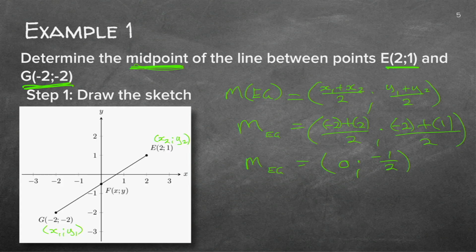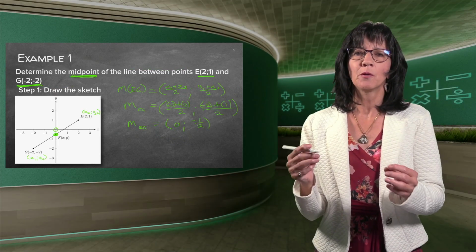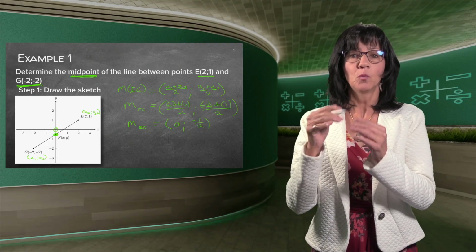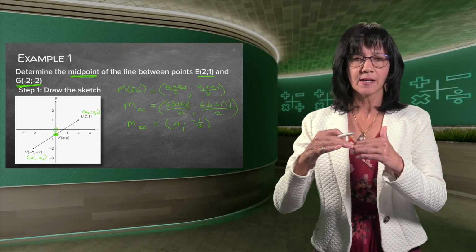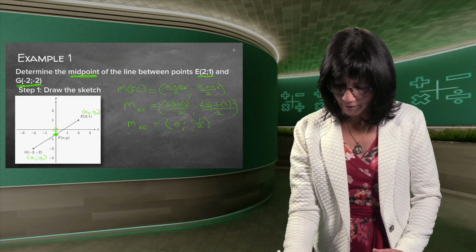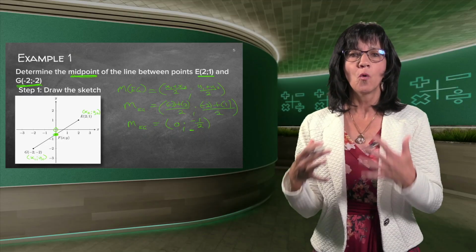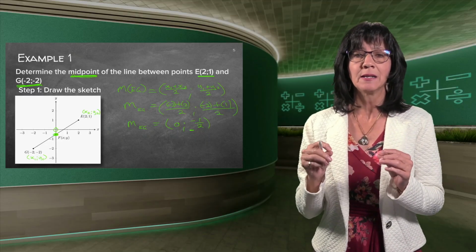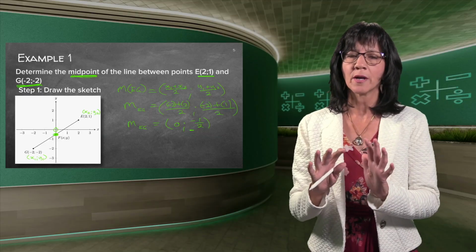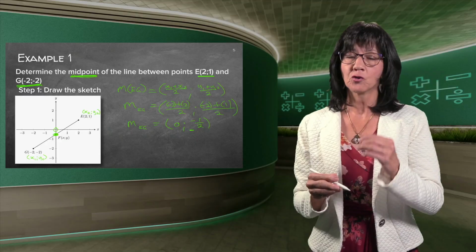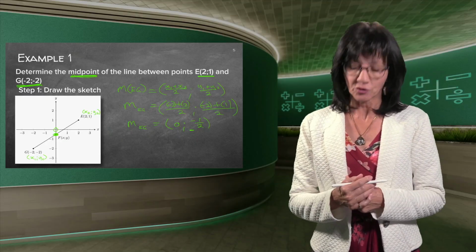How do I know if I'm on the right track? I go check my sketch. If you look at this point F there, can you see it could be 0 and minus a half? Now remember, if you just draw a rough sketch, you probably won't read it off as accurately, but you will be able to see it's underneath the x-axis, so it must be a negative y value, because we make mistakes with signs very easily. So it's always good to go and check, and that is why when you do analytical geometry, you always draw a rough sketch. If they ask you to draw a sketch, then you do it neatly, because then you can go and check your answer.